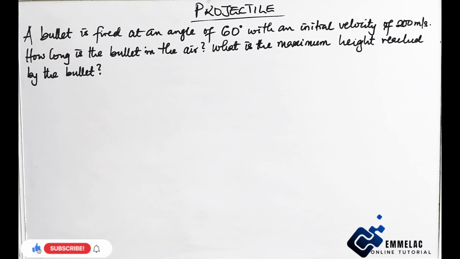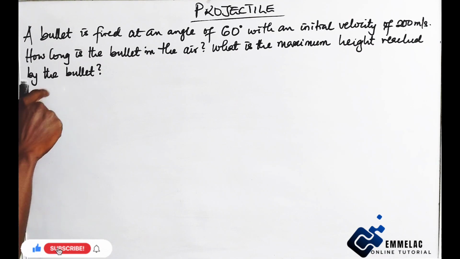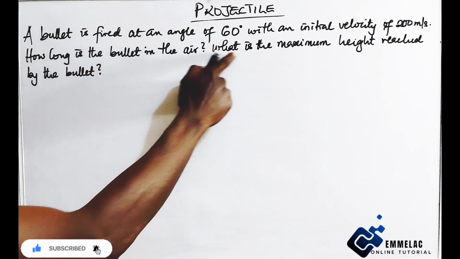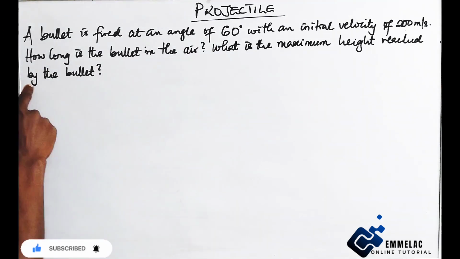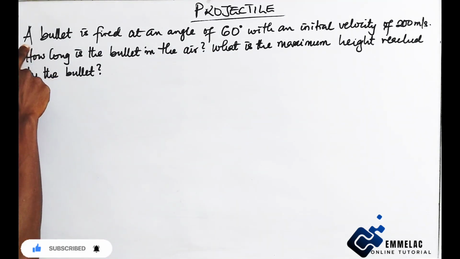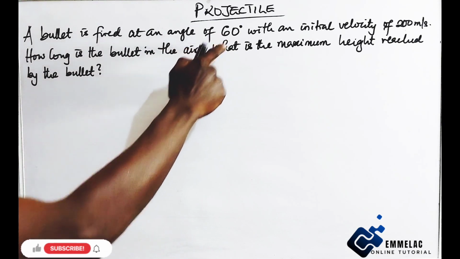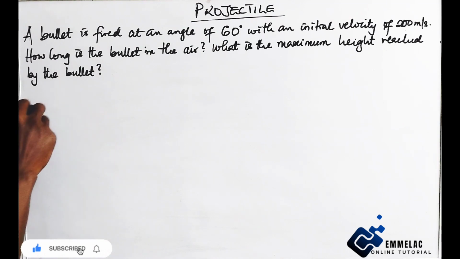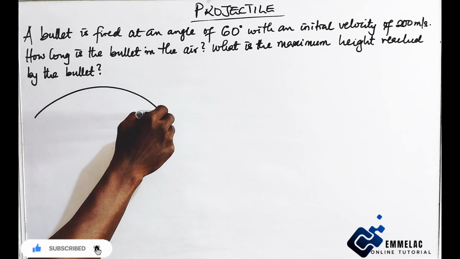And before us is this question, and we are told to calculate how long the bullet is in the air and what is the maximum height reached by the bullet. We are told that the bullet is fired at an angle of 60 degrees with an initial velocity of 200 meters per second. Now, if such a bullet is fired and projected this way,